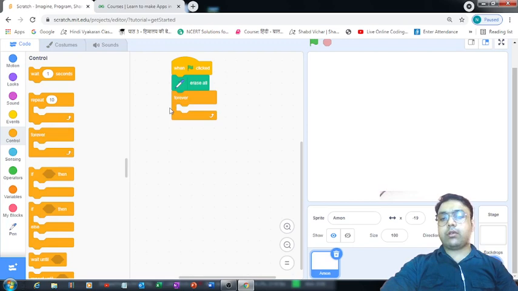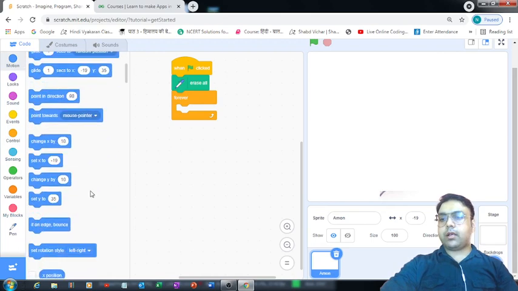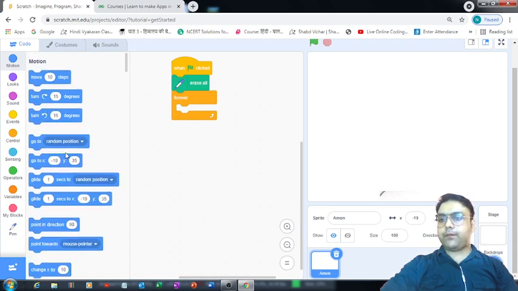Inside this I would like to define some code which I would like Scratch to run for me forever till the game is on. The first thing I would like to define is, let's come to this motion section, and I would like to grab hold of this go to mouse pointer block. Where can I find it?